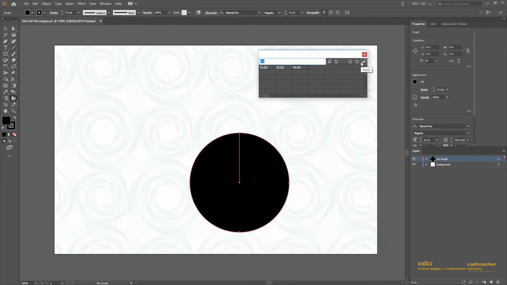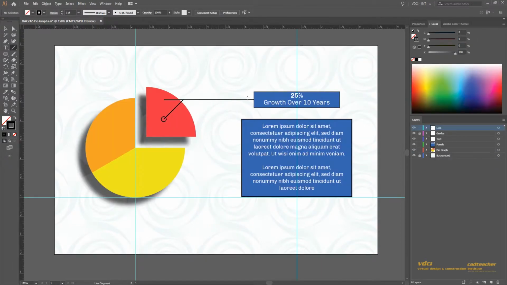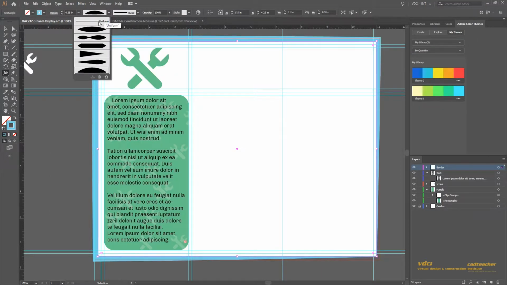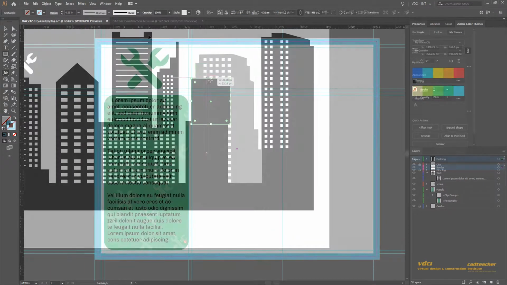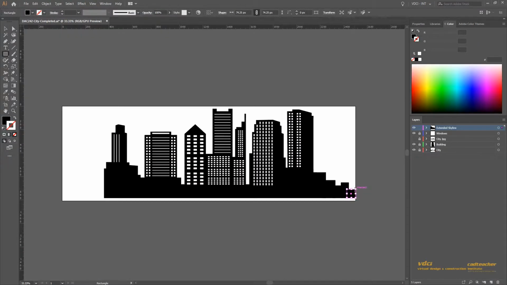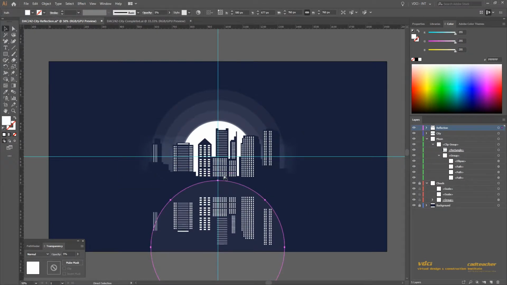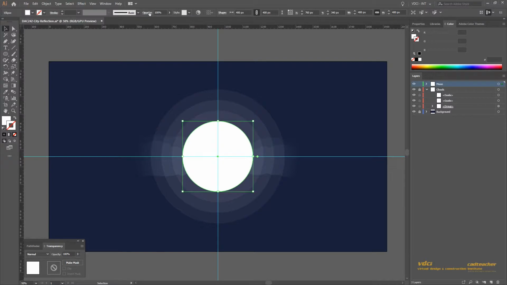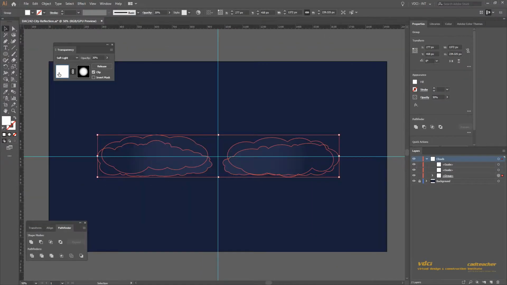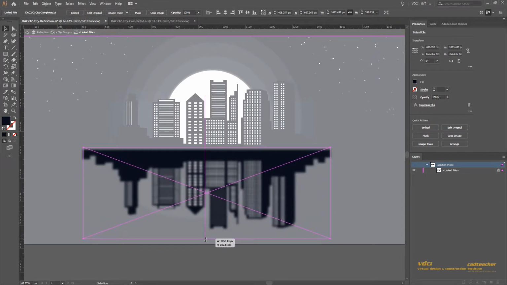In Lesson 2, we'll utilize advanced Illustrator tools to create custom pie charts and a 3-panel text display. During Lesson 3, we'll discuss and implement techniques required to develop a nighttime city skyline and reflection. For this, we'll create the moon, the stars, clouds, a lake, and customize the look of our city and our